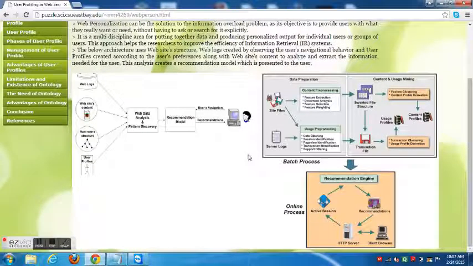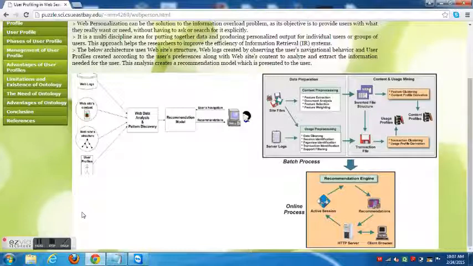And this is the basic architecture of web personalization. You can see these are the databases and this website structure maintained at the back end. When the user submits a query, the recommendation model will help the user to get back the recommendations for the query submitted by the user. At the back end, the web logs, website contents, website structure and user profiles are maintained to retrieve the results. And these